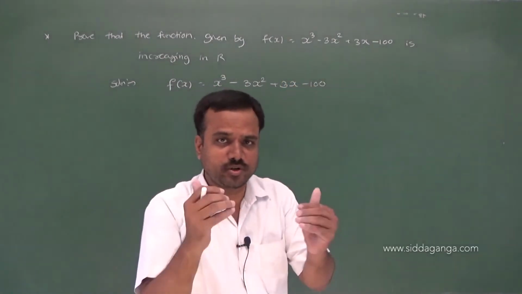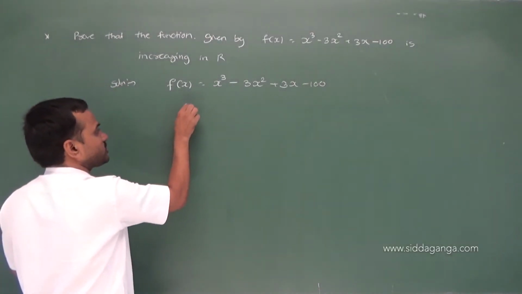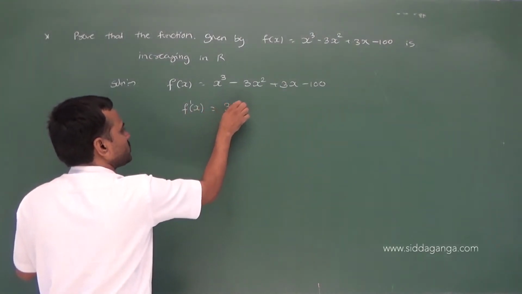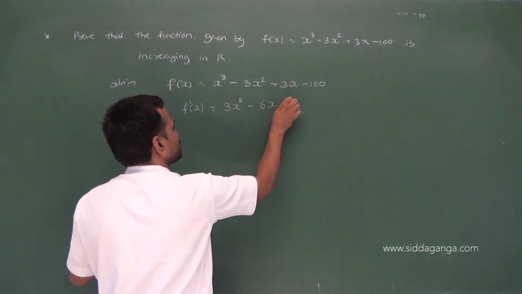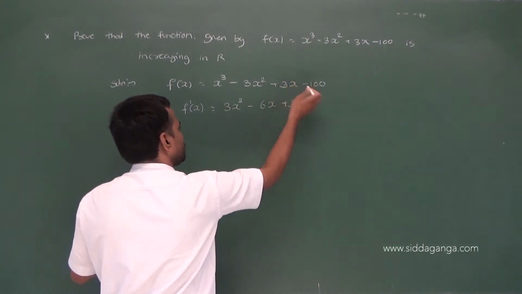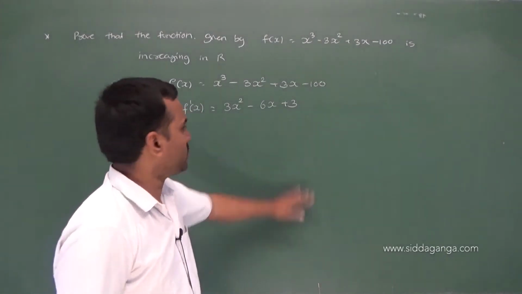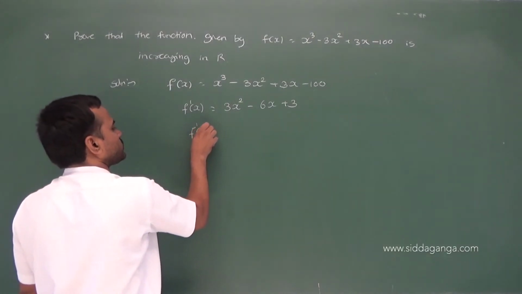Now we differentiate to get f dash of x. Differentiation of x cube is 3x square, minus differentiation of 3x square is 6x. Derivative of 3x is 3. Derivative of 100 is 0. So f dash of x